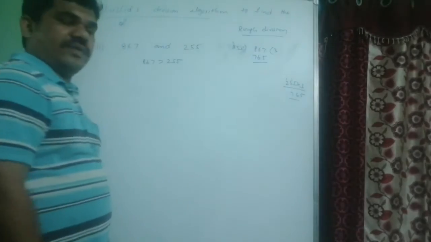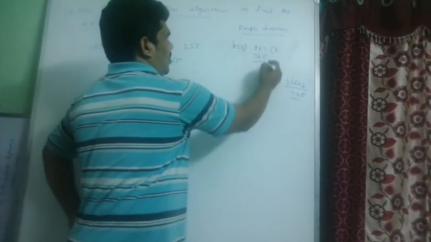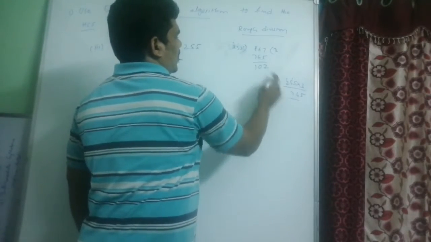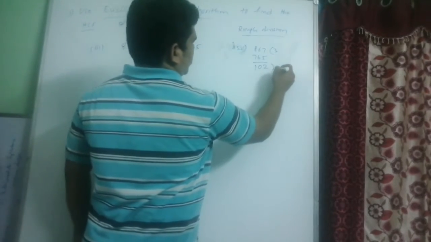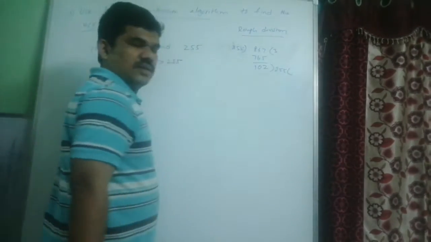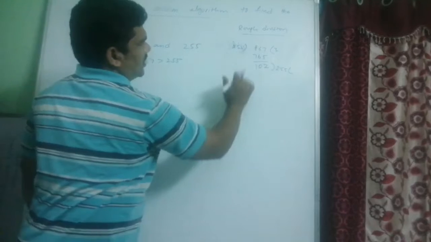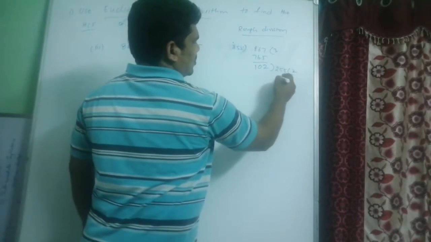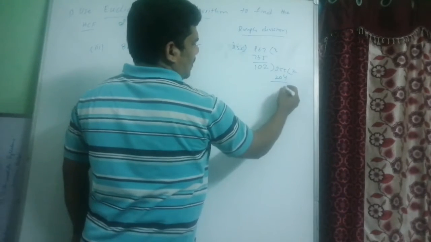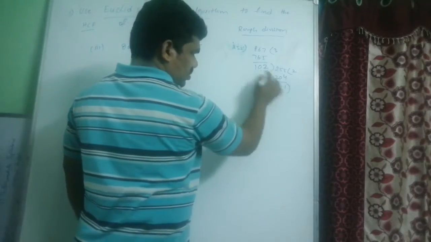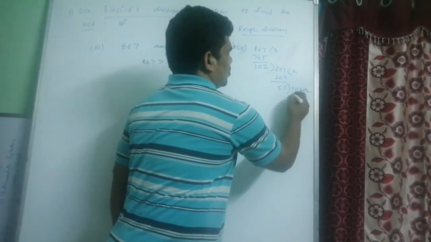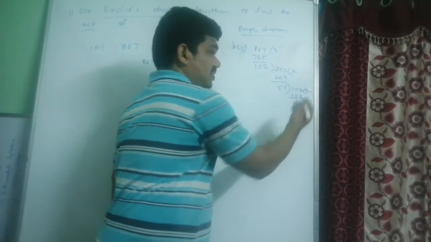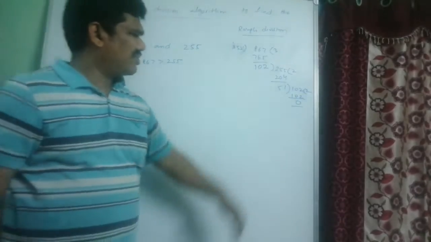765. Okay, 255 into 3, 765. Okay, 2 0 1. Okay, so once again this divisor should be, so 2 2 is 4, 0 2 1 is 2, again 1, so 5. Until the remainder is 0, we have to keep doing the HCF. So 2 1 is 2, 2 5 is, so here the remainder is 0. We only need to do one more step.